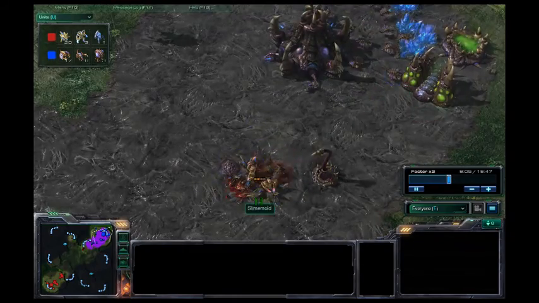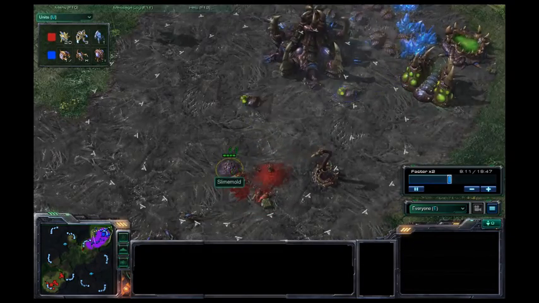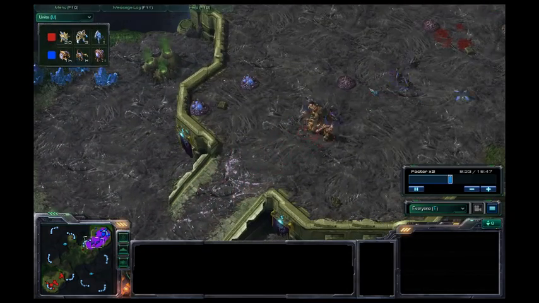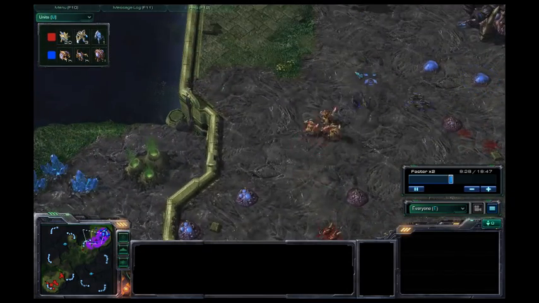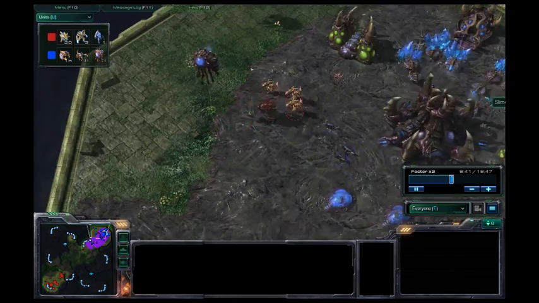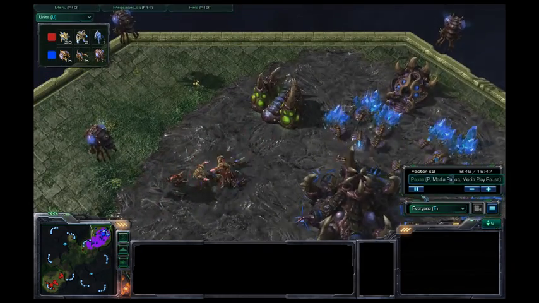So here I'm again, poor microing. I get surrounded so my zealots can't retreat, so he obviously destroys me. I'm bringing in more zealots, keeping the pressure up. I can see here he's got speedlings, which are the absolute bane to Stalkers. So I am still going to go warp Stalker to counter roaches, because if you see here, I do